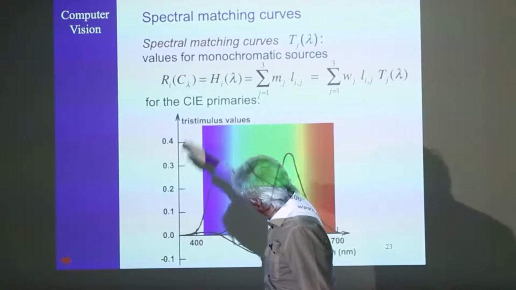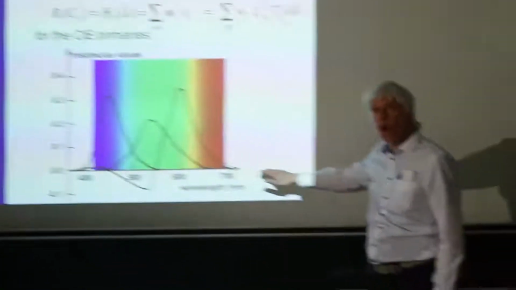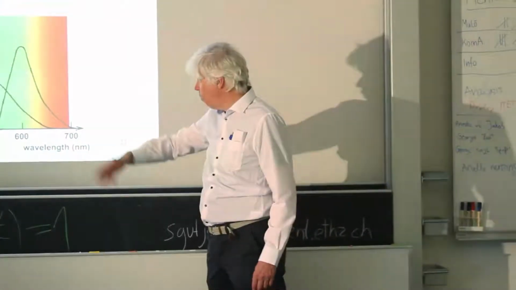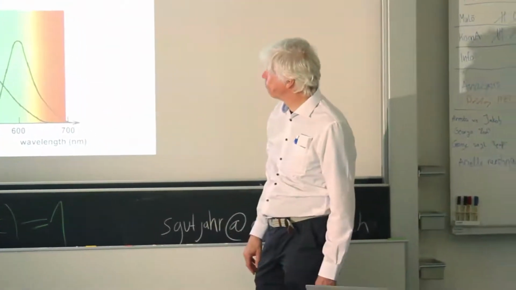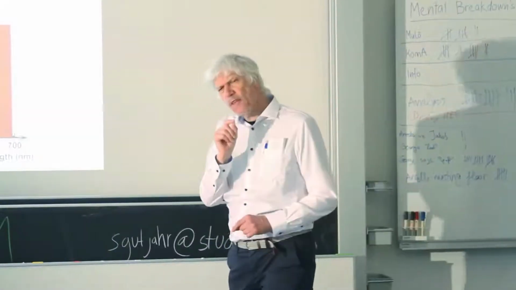Here we have the value of these curves, and horizontally we have again different wavelengths, as before, from short to longer. Now we have to imagine, suppose I have a monochromatic light source of some lambda along that axis, and I want to get the same impression with my three primaries,